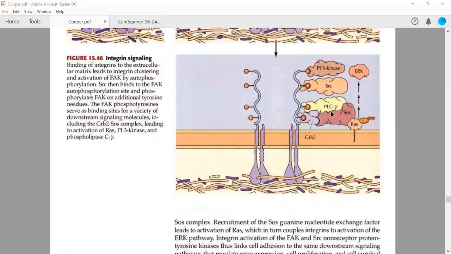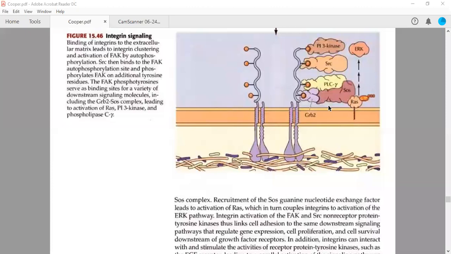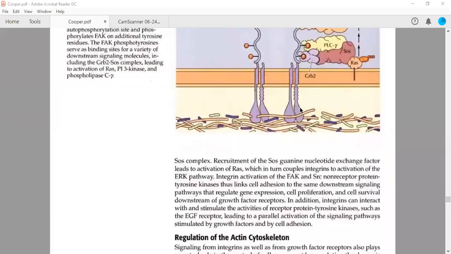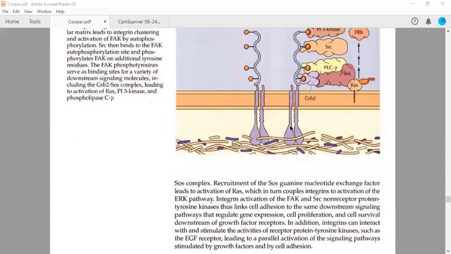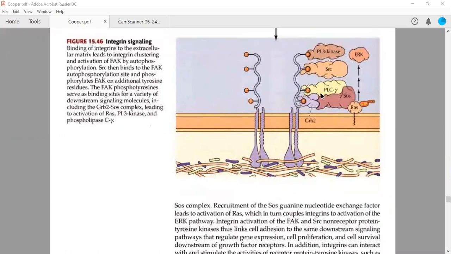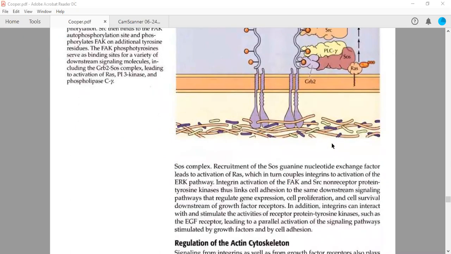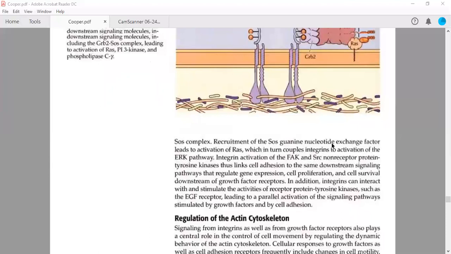So this will activate the calcium signaling pathway or diacylglycerol, or the protein kinase C pathway. These integrins have two types of functions: they interact with the extracellular matrix and are able to transmit the signal inside the cell. They act via various mechanisms, either by calcium signaling, protein kinase C signaling, protein kinase B signaling, the PI3 kinase pathway, or via the MAP kinase pathway. So they can go through any pathway, and thus they can transmit